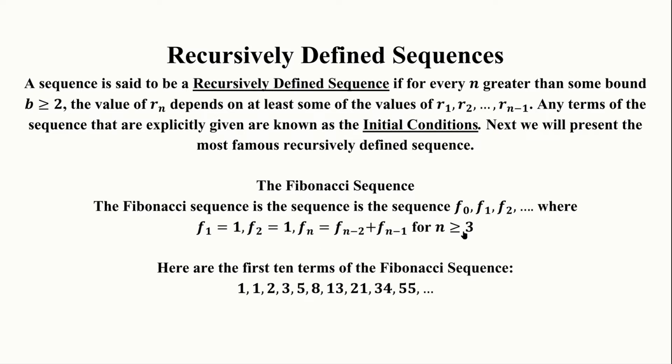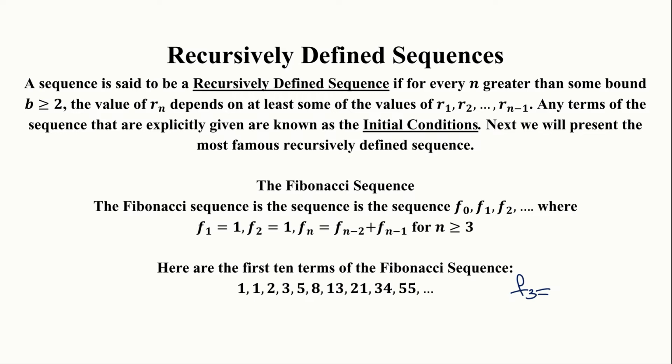However, starting with 3 and onward, fn is going to be fn minus 2, that means 2 previous terms plus 1 previous term. So that means to get any term, we add the 2 previous terms. So look at the third element. That's going to be f3, right? So according to the definition, f3